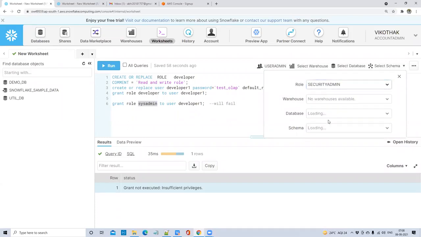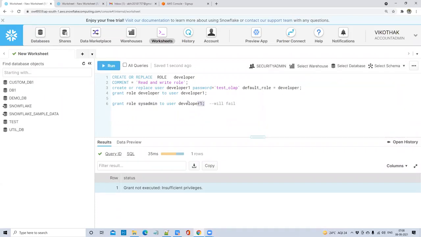That is the reason security admin is the parent role of user admin, and security admin has all the privileges on your users and roles. They don't have any restrictions for security admin, but user admin can manage the users and roles created by himself or herself. If he is the owner of that user or role, he can manage that, but he cannot touch other predefined roles or other users created by security admin. So that is the difference between user admin and security admin. Security admin has some high level privileges.